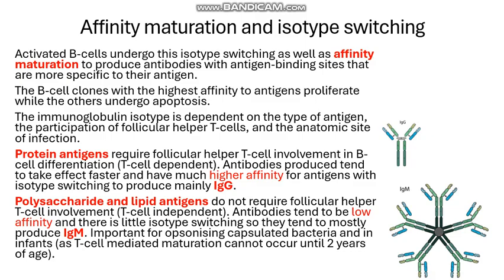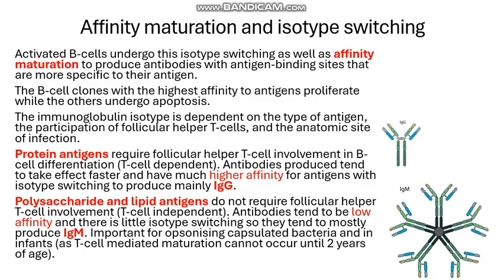For protein antigens, we require follicular helper T cell involvement with B cell differentiation to initiate isotype switching to go from the IgM, IgD immunoglobulin isotypes that the naive mature B cells have. We want isotype switching to IgG immunoglobulin isotypes, which take faster effect and have higher affinity for antigens. These target the protein antigens, but for polysaccharide and lipid antigens, they don't require follicular helper T cell involvement, because